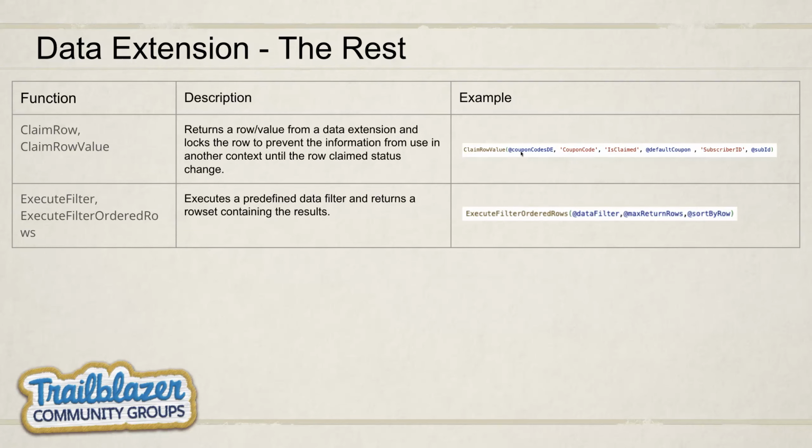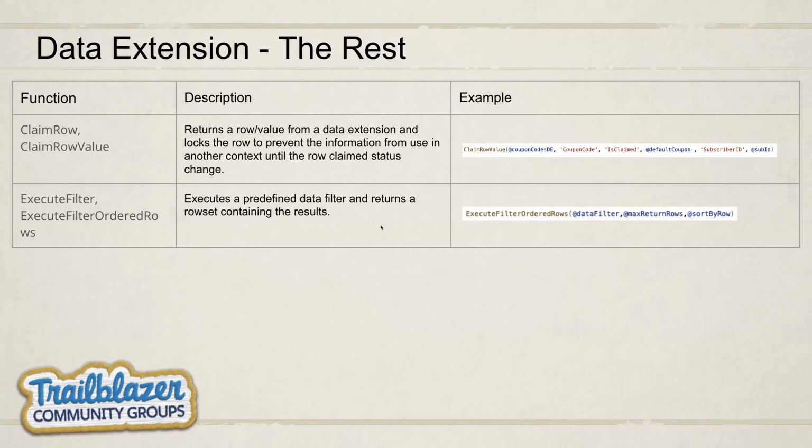And if it doesn't exist, this one actually allows you to pass in a default coupon option, this variable, which you can make NA, or maybe you have a default coupon to pass into your subscribers if there is nothing special for them. So great in that use case. And then it will also automatically check this field is claimed so that later on, if you use the same thing, the same coupon is not returned. It's kind of useful, but you can also achieve this using other data extension methods like lookup and update and all that. So it's your choice to either use this or use straightforward lookup rows.